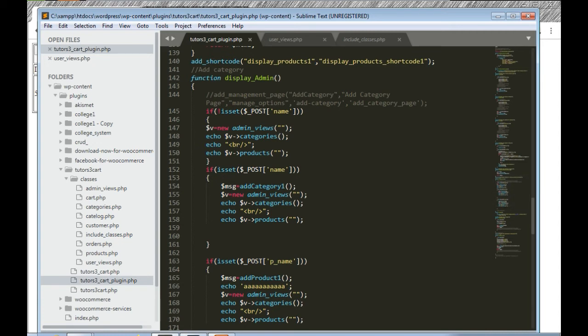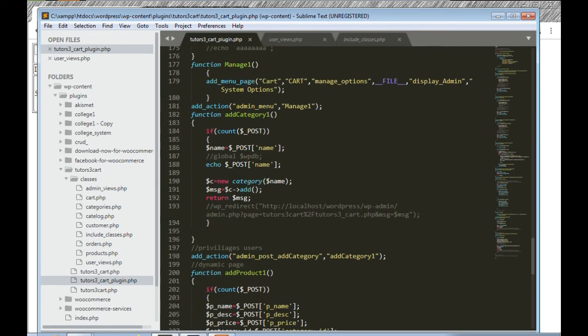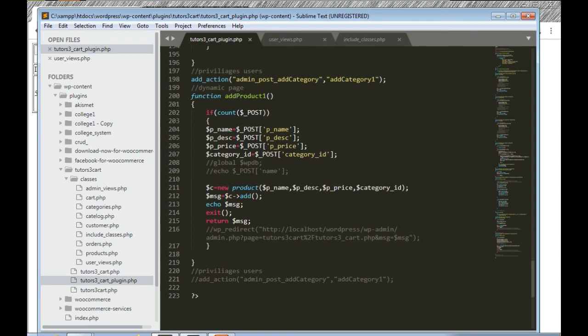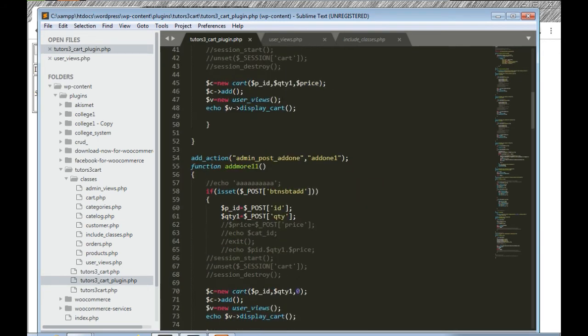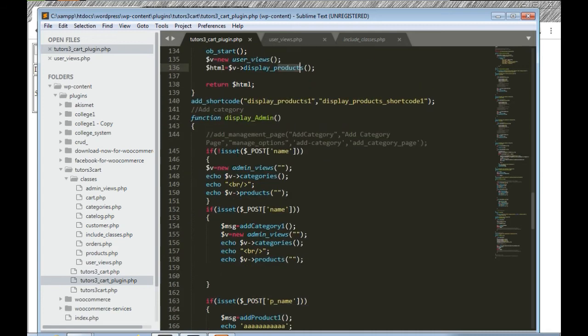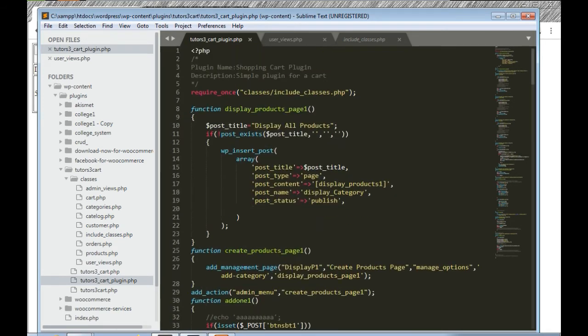Then we have add more, update for the update button, remove for the remove button, and this is for the checkout button. You have seen this checkout button in the output, and display product shortcode 1 and display admin.